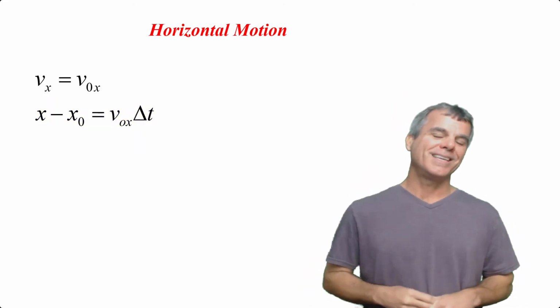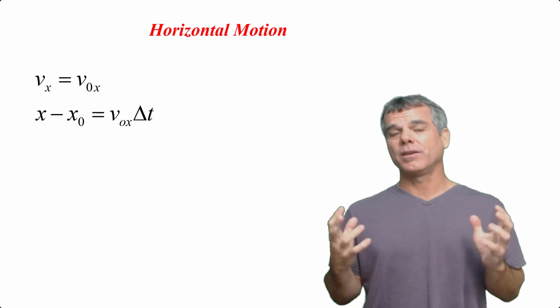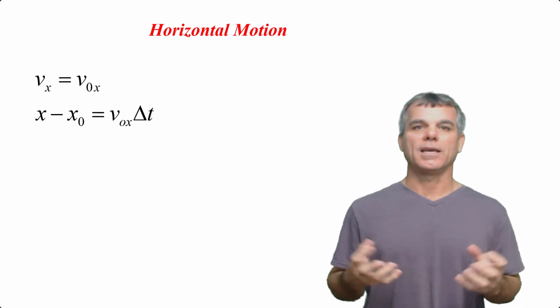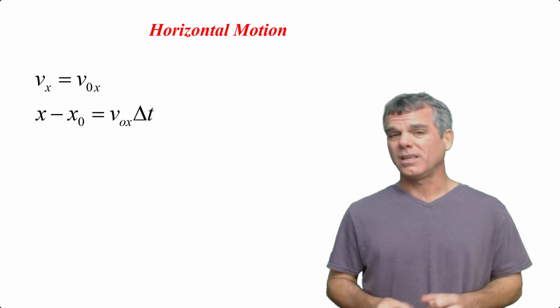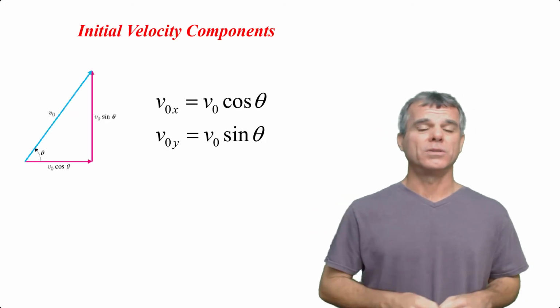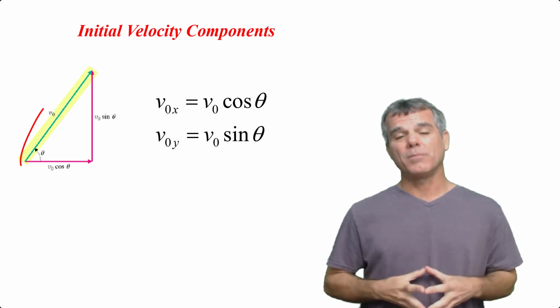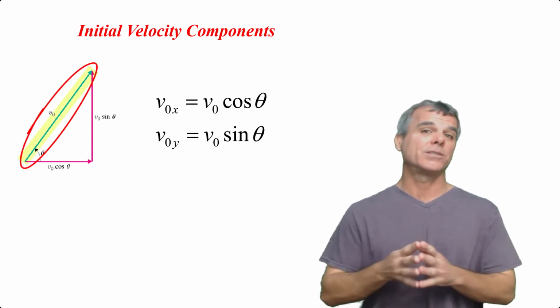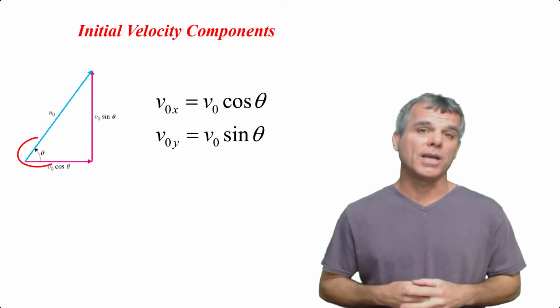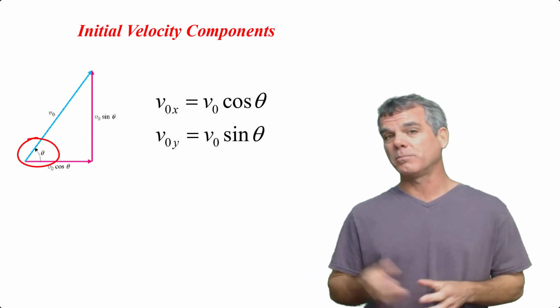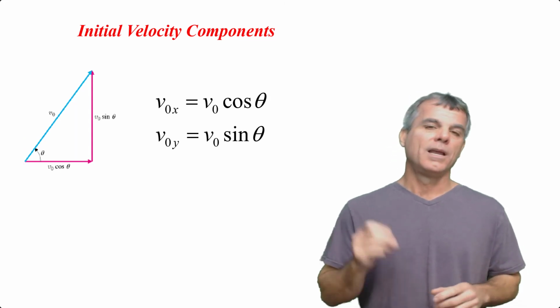The very last thing you need to know before you can start solving problems is, how do I get the initial velocity in the x and y direction? And the answer is very simple, just like calculating the components of any vector. If I'm given the magnitude, which is just going to be the initial speed, and I know the launch angle, which is going to be given with respect to the horizontal or with respect to the positive x-axis,